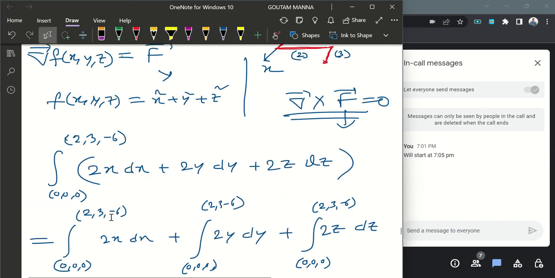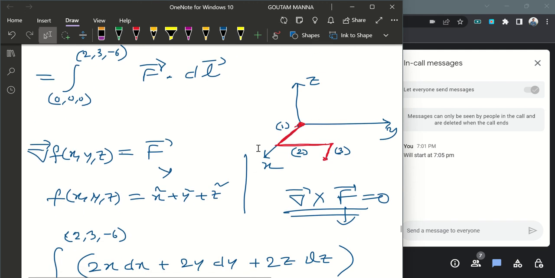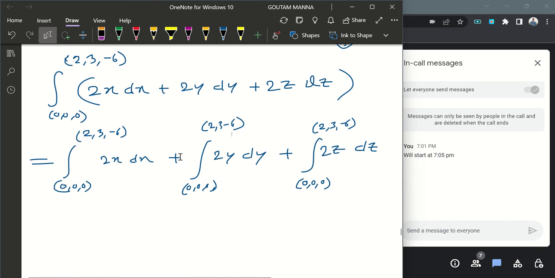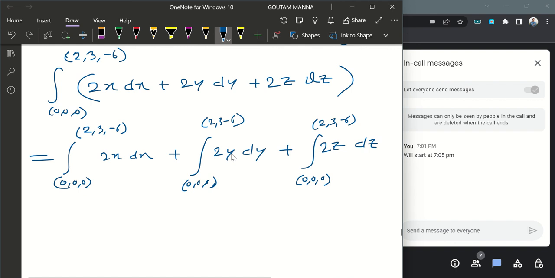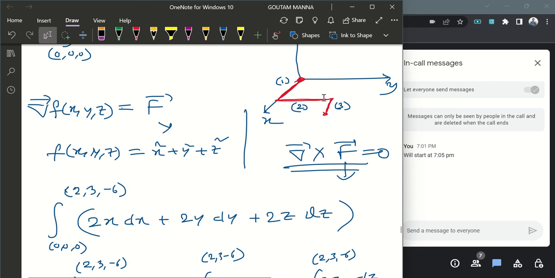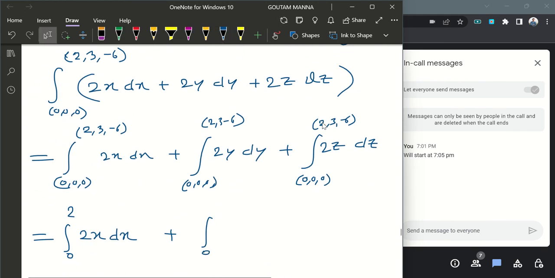Now this 2x dx integration will only survive along this first part, where x is varying from 0 to 2. So here we can write the integral from 0 to 2 of 2x dx, plus, this integration will only be non-zero on the second path, so we can write it as 0 to 3 of 2y dy, plus